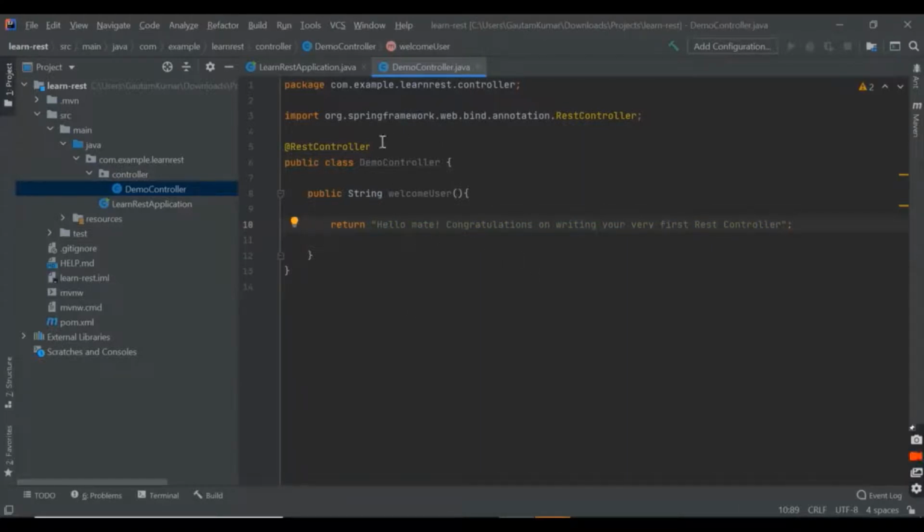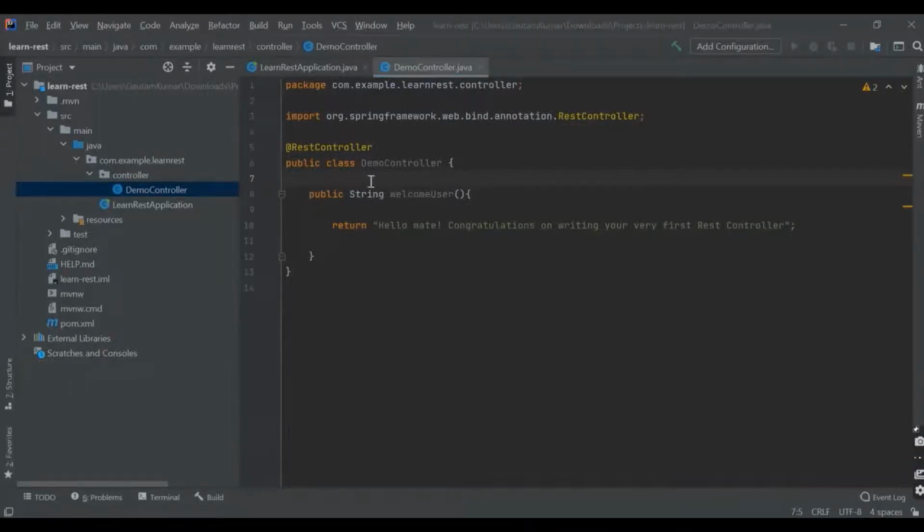Now the thing is, when a user hits this class, this method, we should return this statement. But how does Spring know which address, which URL, this particular method is to be mapped to? With Spring Boot, we have some basic annotations that say that this particular REST API is a get method or a post method. It specifies the HTTP method that we are using for the REST API.